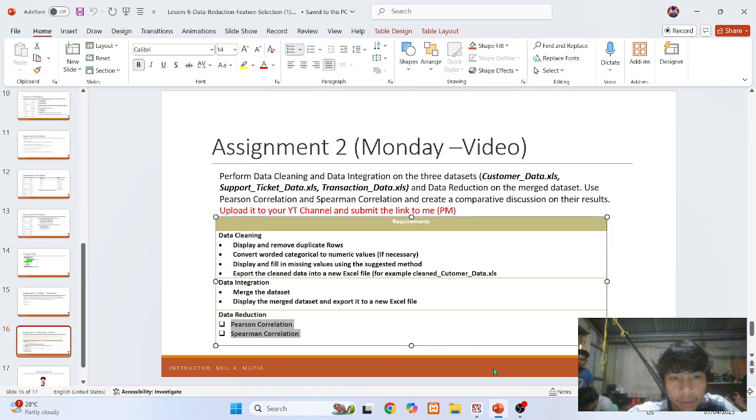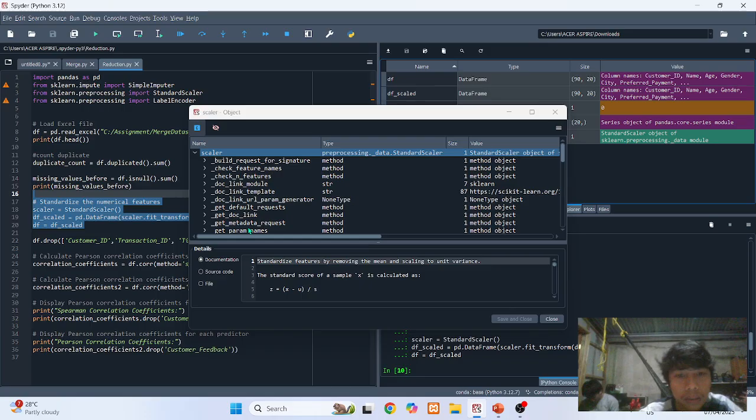We are now in data reduction, but my Python is not responding. It can't be closed. Not responding again.